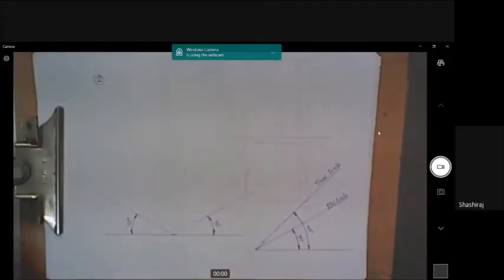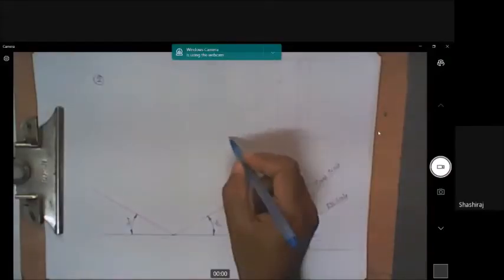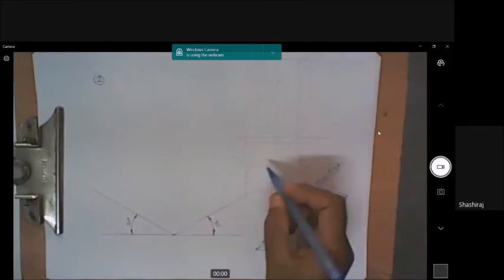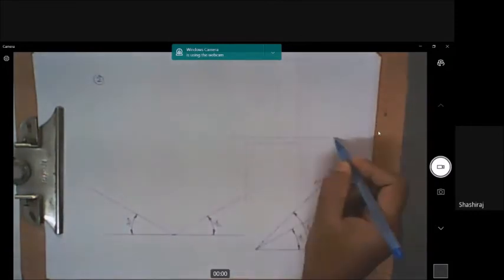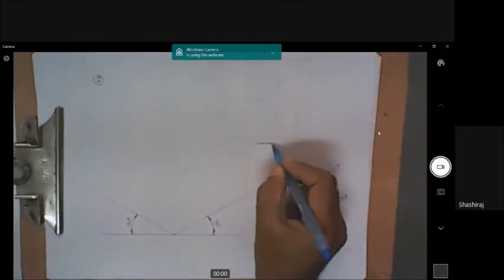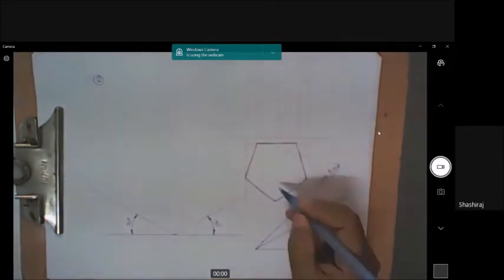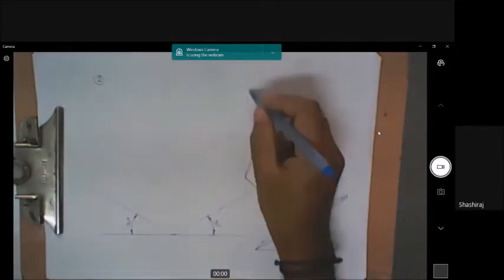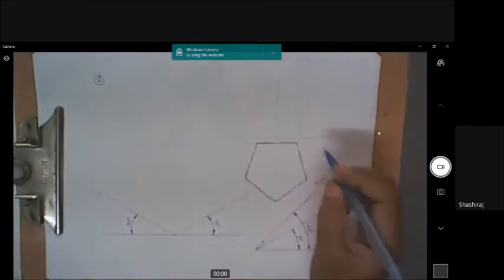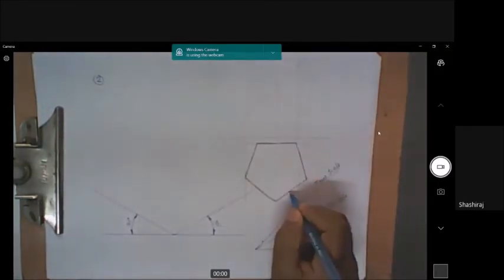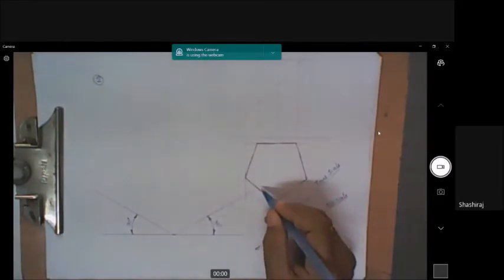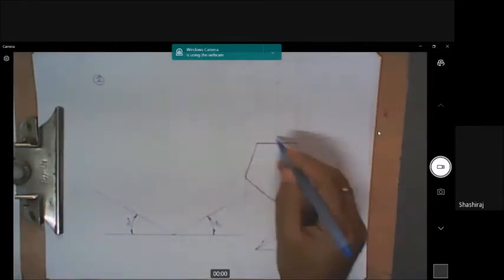I have done some construction here. This is the orthographic view of the solid. So this is my XY line. And here I have constructed a pentagon like this. This is the pentagonal prism top view. And in the front view, it is this. This is how it is. And you can see this is one of the rectangular faces. This is another rectangular face, which are near the observer. They are equally inclined to the vertical plane.